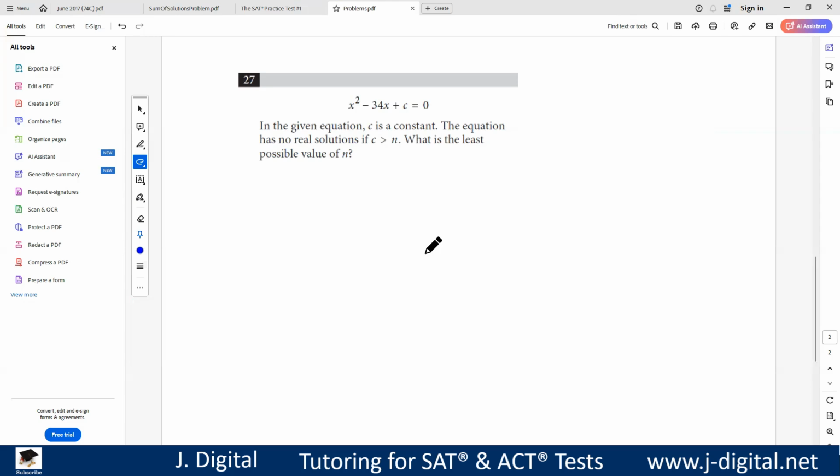Okay, it says in the given equation, c is a constant. The equation has no real solutions. If c is greater than n, what is the least possible value of n? Okay, so we have a quadratic. When we talk about the types of solutions, 2 real solutions, 1 real solution, no real solutions, we are talking